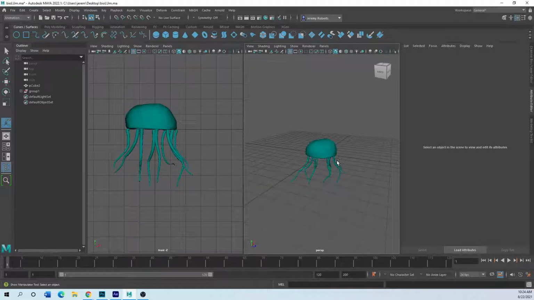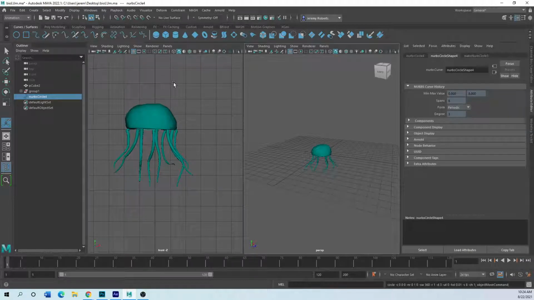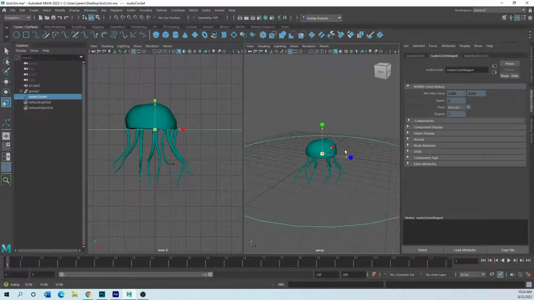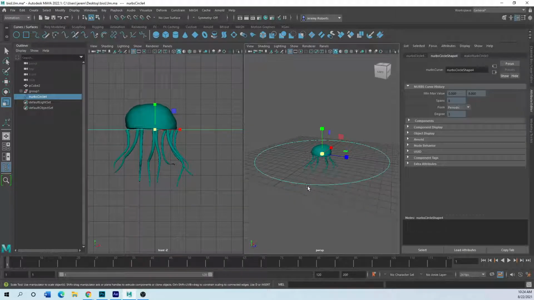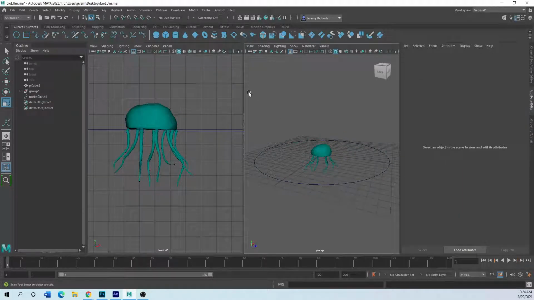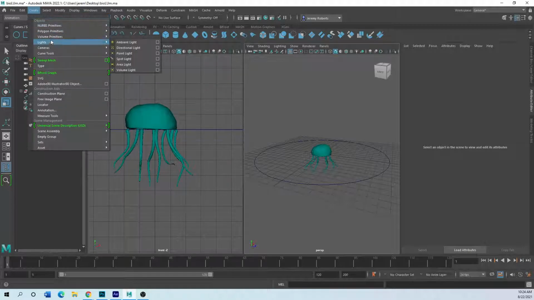Now, if you've taken my modeling class, I showed you how to make turntable animations. And one of the methods was basically to create a circle, a curve around the middle, and then create a camera on this path here. Or, you could animate the actual object turning a couple different ways. But the good thing about putting it on a motion path outside is you can adjust this to go up and down, in other words. So basically, if you create a camera here,